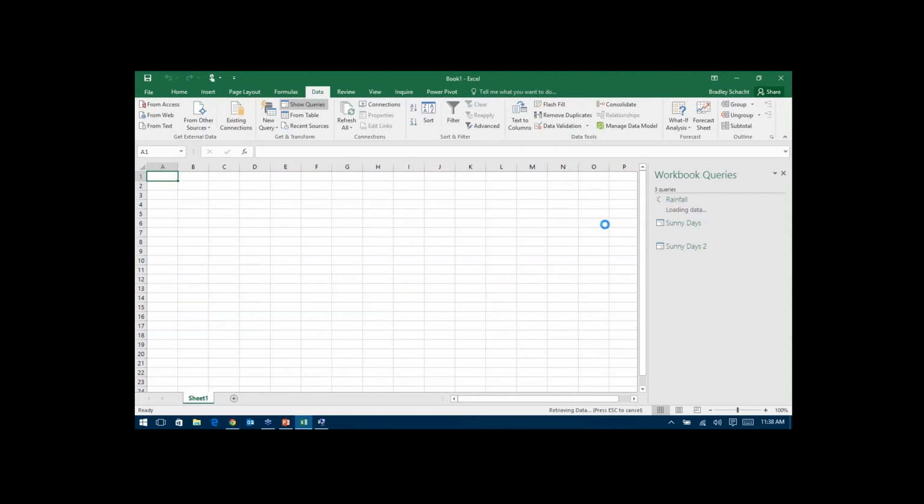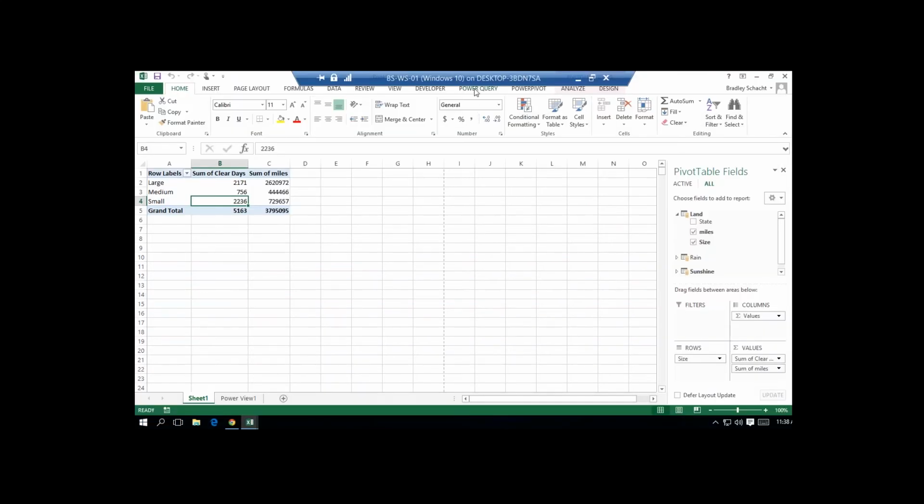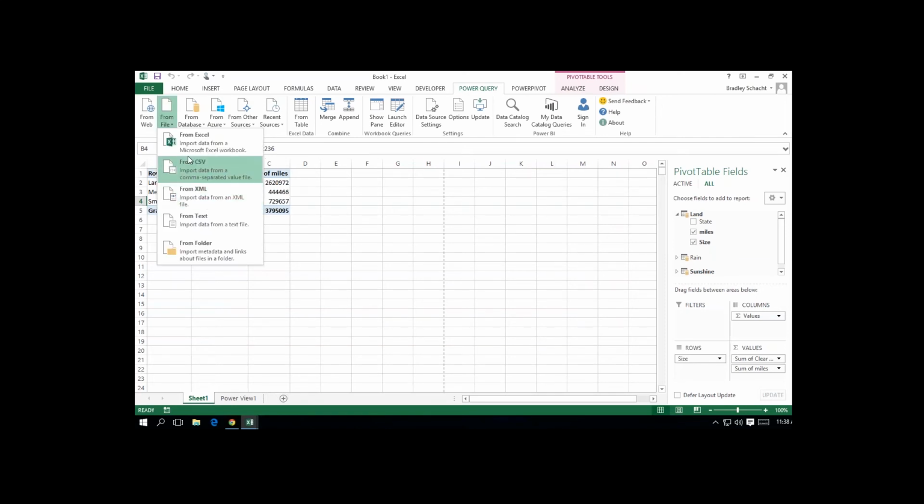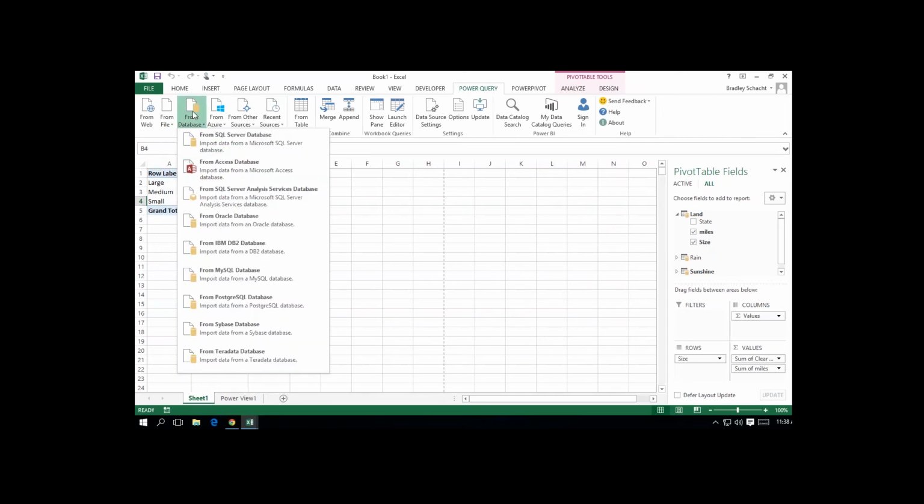And this is taking a sweet time to load data. This next section is what we call stalling while the internet does its magic. So real quick, while loading, I'll show you guys the same places where we would do this in the 2013, 2010 environments. Again, I have the Power Query tab. You'll notice all those data source options up here on the top, so from the web, from the different file formats, each of our database options.